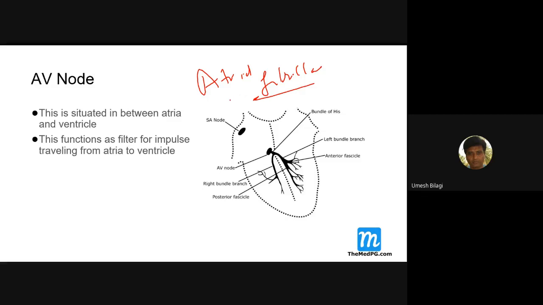If the AV node was not there, all the impulses of atrial fibrillation would go into the ventricle. You can expect the ventricle also can fibrillate and the patient may die. So just because there is an AV node here, although atrial fibrillation is common, it still forms a protection. The patient will not die. That's why the AV node is a protective mechanism. It slows down the heart. There is a lot of refractory period. You must have read about the refractory period in your physiology classes.